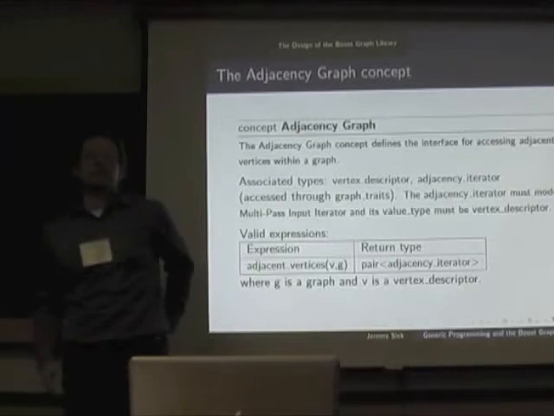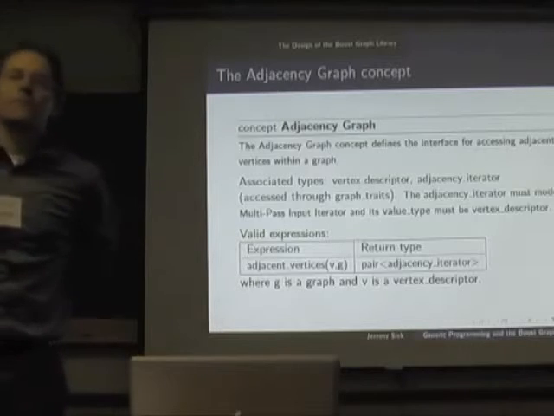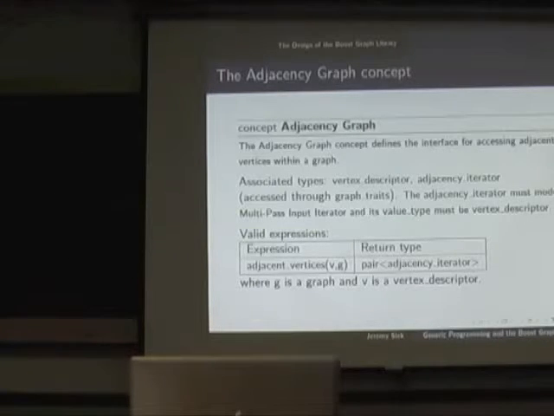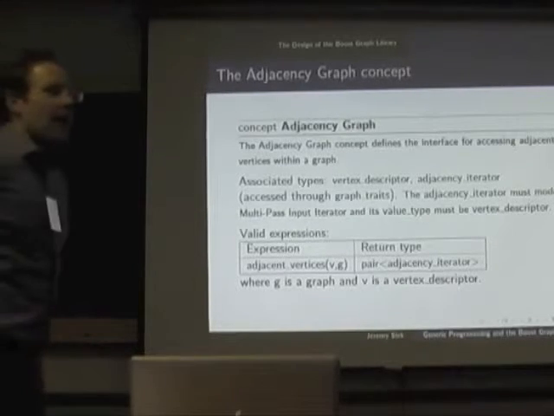Okay? Question? Why specify that it returns a pair of adjacency iterators and not specify that it returns a range? A pair is a range. Yeah, but a range might not be a pair. But a pair does enough. Well, what do you mean by a range, actually? And this precedes range by quite a while. So this does precede range, but thankfully, when they built range, they made sure that pairs of iterators would be ranges. But you might want to have your own graph structure that would have something else that is not a pair and return that immediately instead of creating a pair.